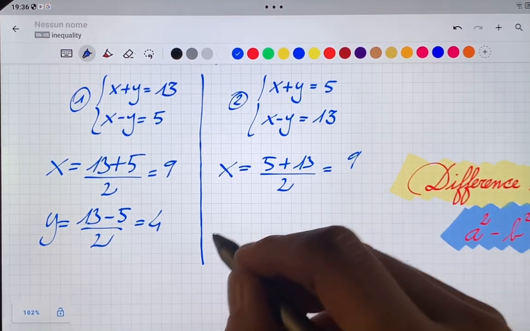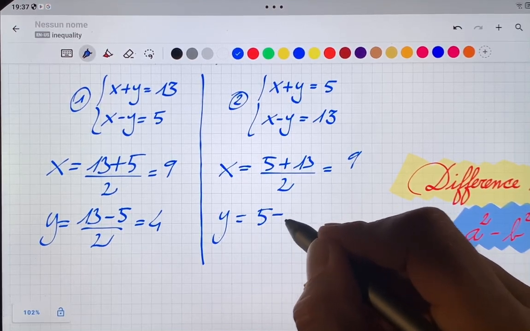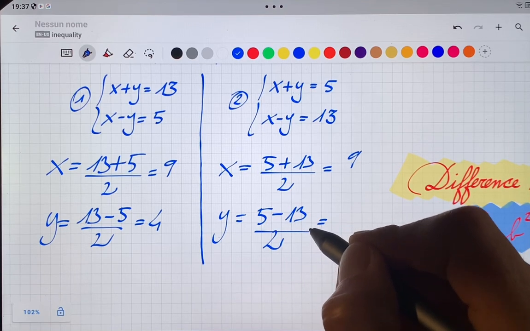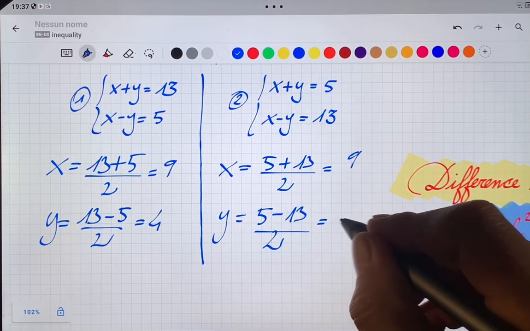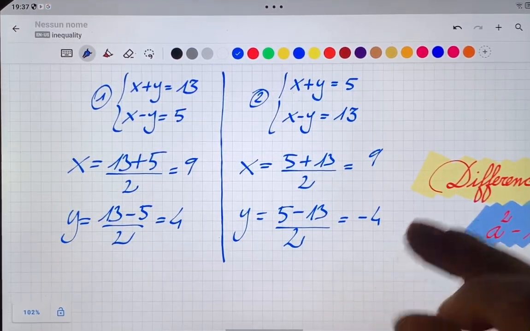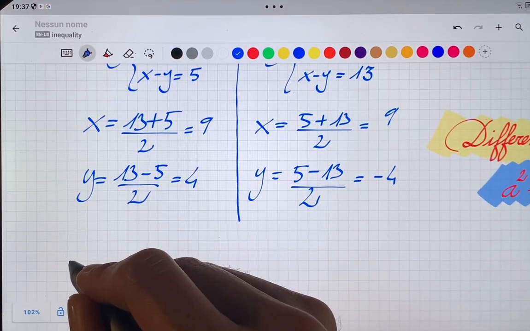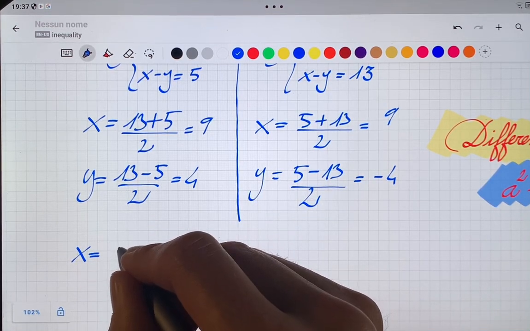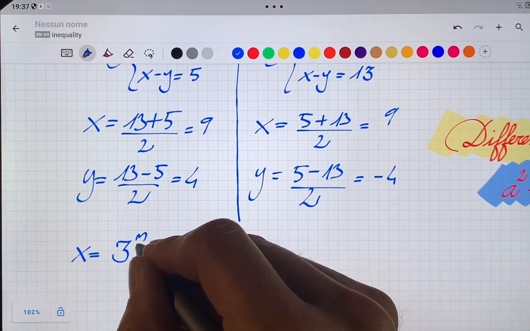as before. Instead, y is the sum 5 minus 13 divided by 2. That's 5 minus 13 is negative 8. Negative 8 divided by 2 is negative 4. Now we have a negative number. Now we know that x is equal to, we said 3 to the power of n. X is equal to 3 to the power of n over 2,